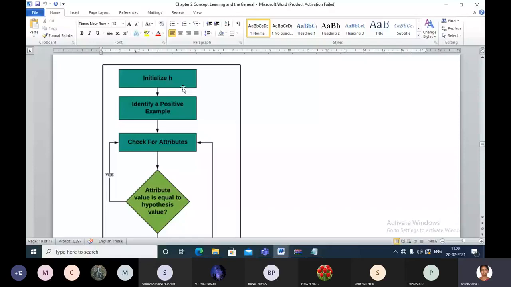You check each and every attribute between the hypothesis and the data instance. Okay. Find out whether there is any match or mismatch between the attribute values of the hypothesis and the positive data instance. Okay. So if that